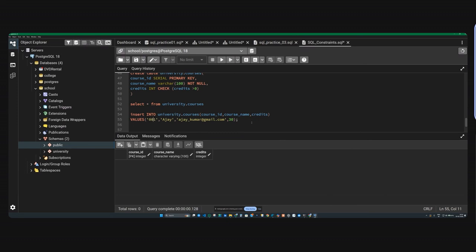Course ID I'll take 001. Course name I'll take something called MBA. Okay, and credit. Credit should be minimum 5 credit you will get if you finish this. But here credit I am doing a check with 0. So I'll add 0 first. It should be greater than 0. Otherwise the condition will not